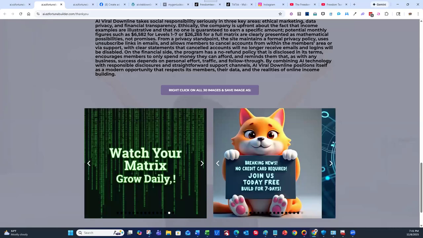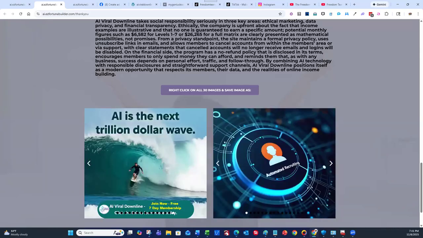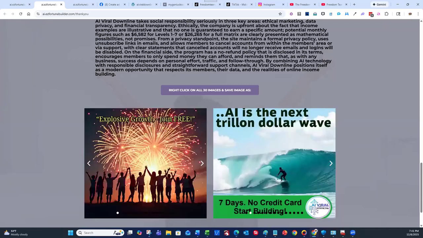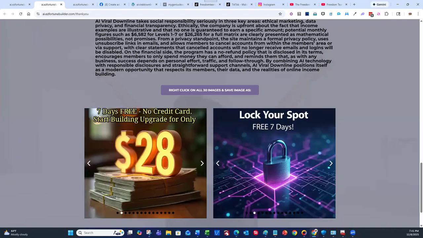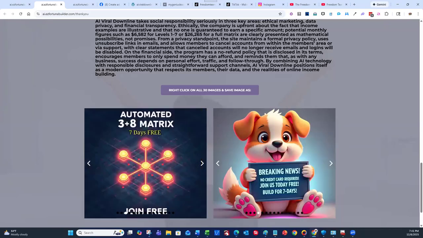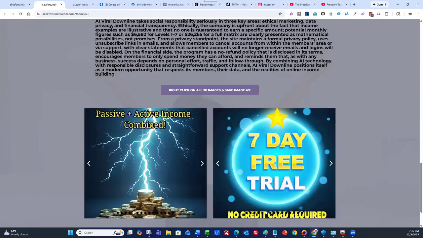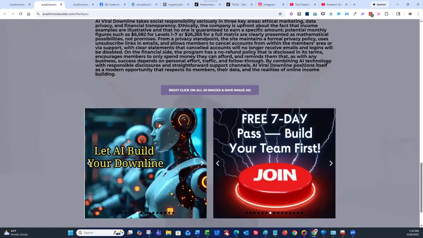Sure. It's very simple. It's almost a 90% fast start. So someone pays $28 to join monthly and you get a $25 fast start because you're the sponsor. And then we have a 3x8 matrix. So the 3x8, there's $10 on the first 3 spots. And then from level 2 to 7 is a $2 matrix spot. And then for those that go out and sponsor 3 people, the 8th level pays $3 per spot. So 3x8, very, very simple.